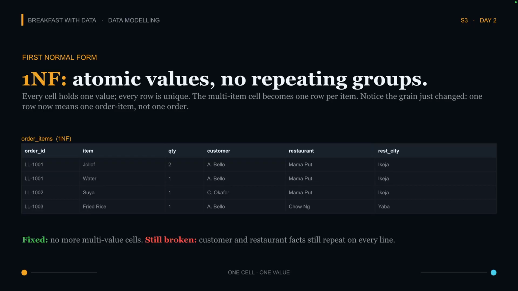Do you get? Now, this is the grain. We've been talking about the grain. So we can see that this is what we call an order line, because look at this. This is one order. Inside one order that Mr. Bello made, we have jollof and water, right? Now, what is this telling us? This same order,